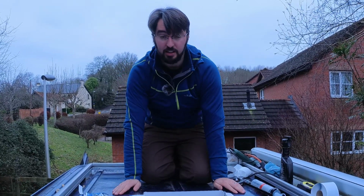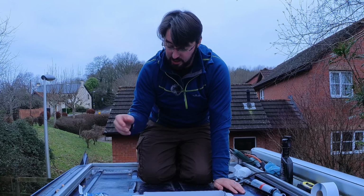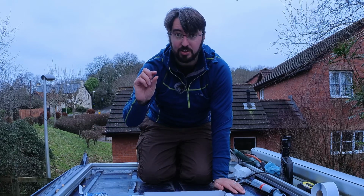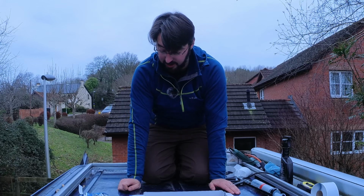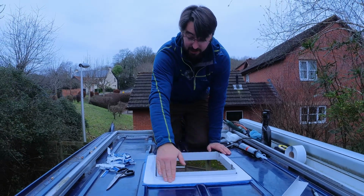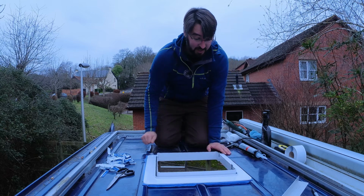Right, so hopefully that's this all sealed up. I've done the silicone first to try and get it into the gap, and then when I put the screws in, I'm hoping that'll squish it down and take out any of the air. I've also put it in from the inside as well, so where I could see daylight, I put quite a lot in from the inside, so I'm hoping that's really going to seal it. I think the butyl tape has done a really good job here. I can't see any daylight from inside, and I'm pretty sure as soon as I screw that down, that's going to be